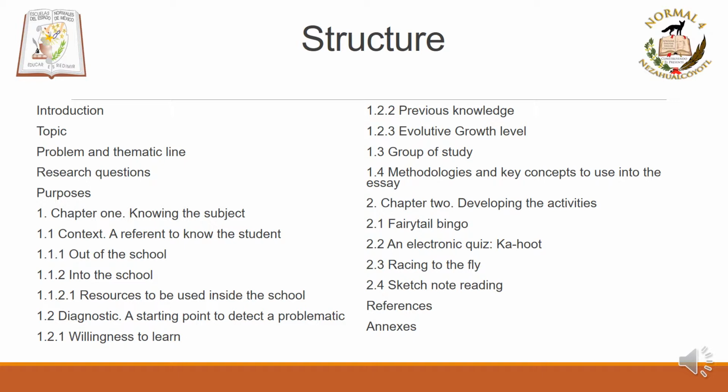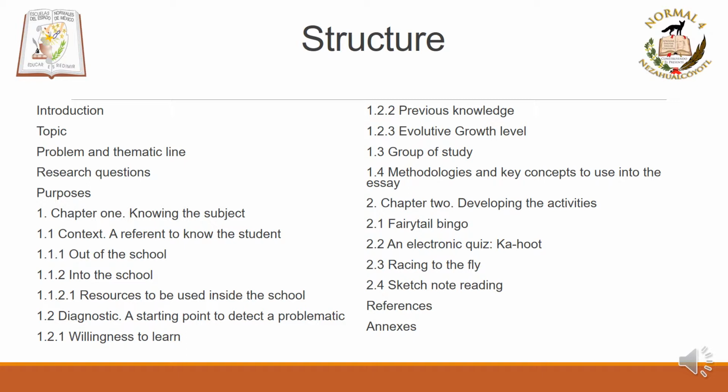Then we have the topic, one of the most important things, the problem and thematic line. How did I detect that problem, and what thematic line am I basing my work on? Then I have the research questions and the purposes, which are really related. Research questions are the ones which are guiding all the work, and the purposes are the things that I'm trying to achieve with the implementation of these